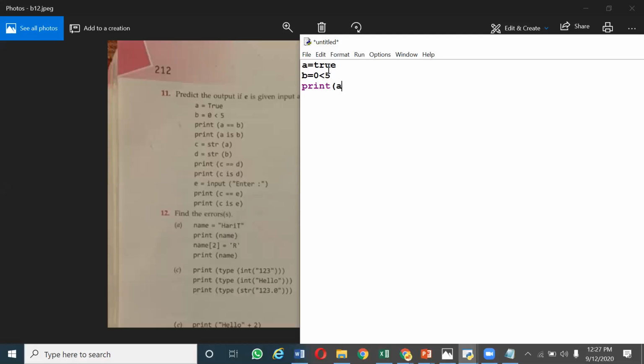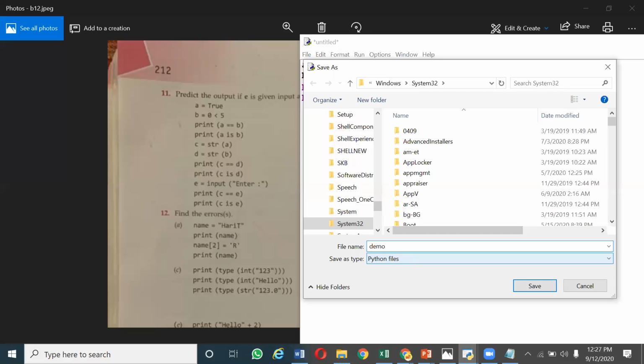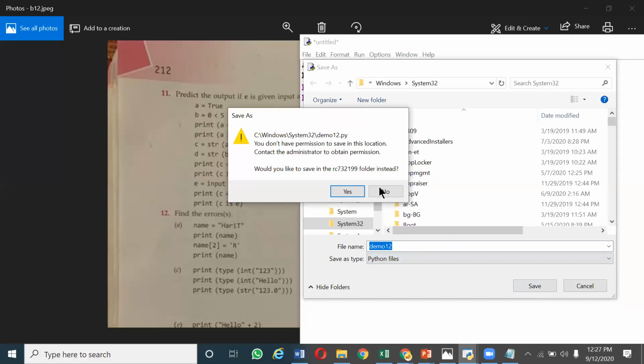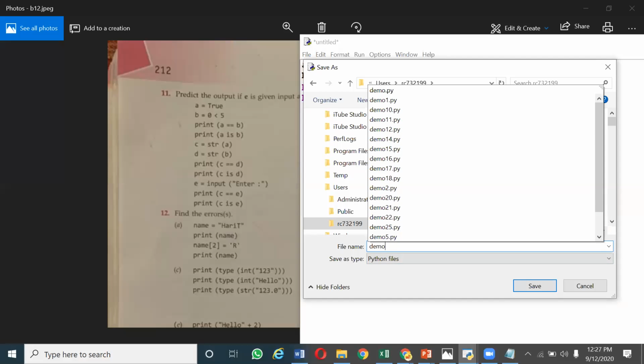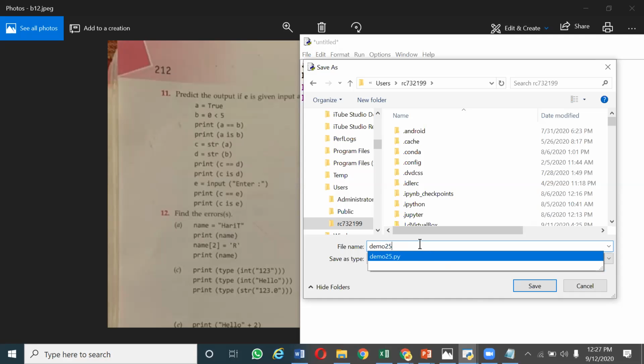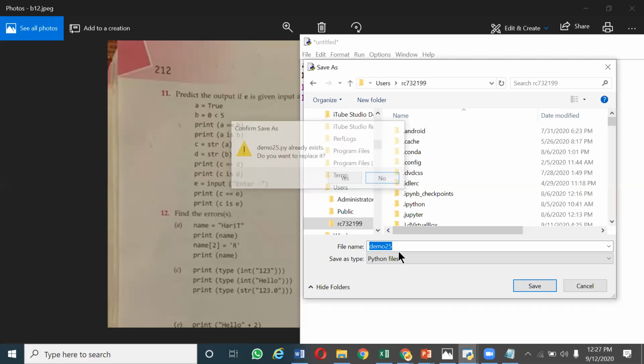Print A equal to B. Print A is B. Okay, so let me run it.